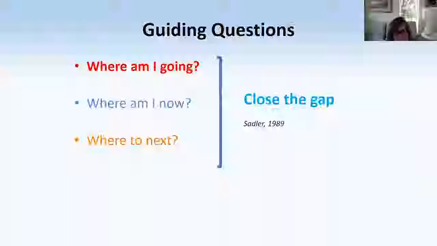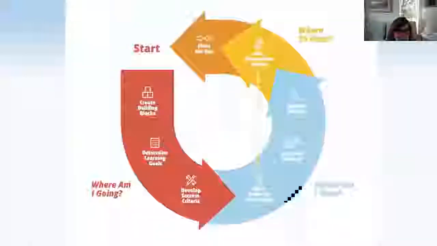But this is a conception in work by an Australian scholar, Royce Sadler, the idea being that kids start at a point at the beginning of a lesson, there's a destination point at the end of a lesson, and so between the start and the end, there's a gap. And the whole idea of formative assessment is to close that gap so that students end up where we want them to be. So this idea of closing the gap then is operationalized through this feedback loop.